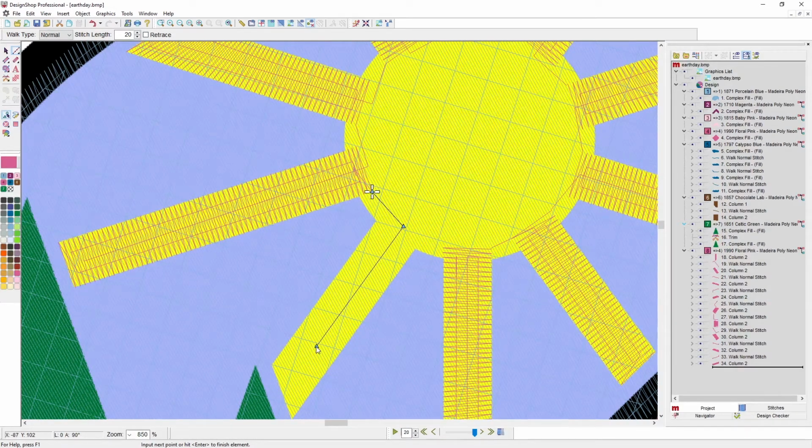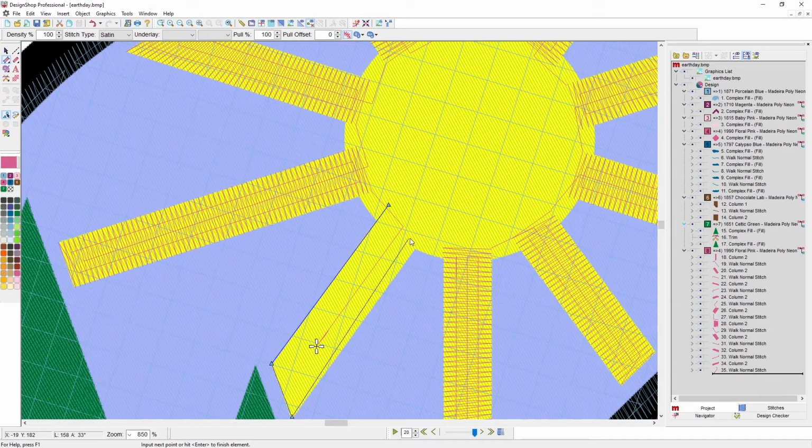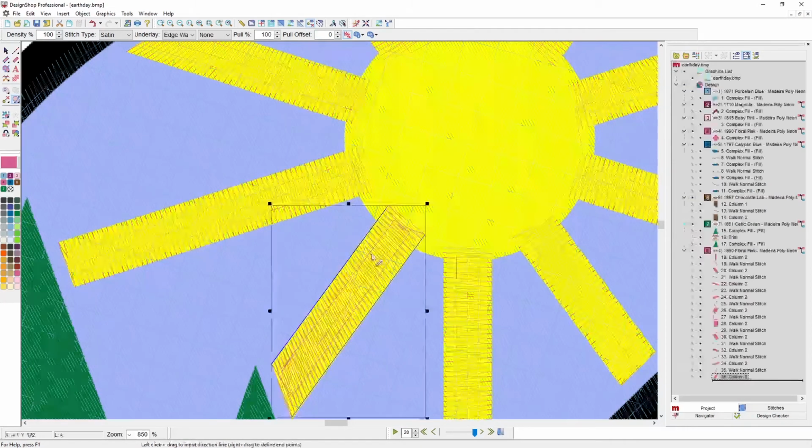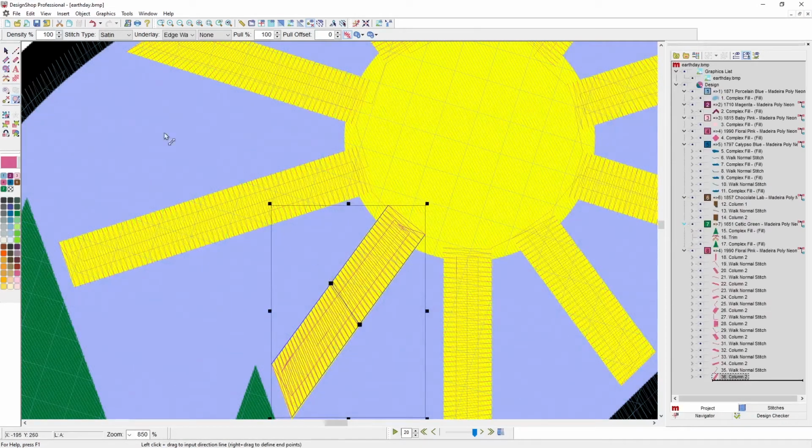Okay, I'm going to stop a little short on this one to show you something else that I tend to do. Okay, so this one, I stopped pretty short. And if I were to save it, or if I update my auto ties and trims, it's going to put a trim in there,